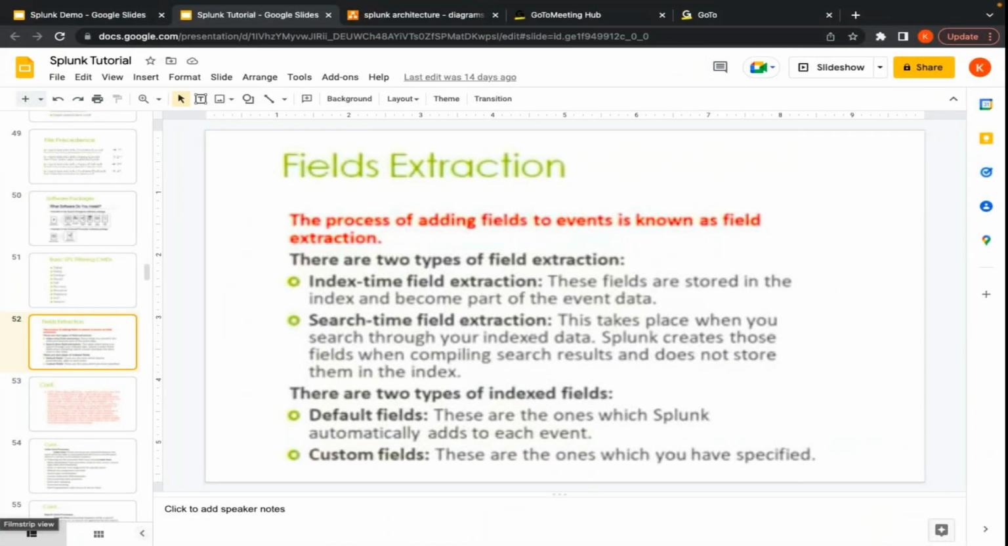So there are two types of field extractions. One is the index type field extraction, the other is the search type field extraction. Index type field extractions are the fields which are created at the time of creation of the index itself, and they are permanently stored in the index. Search type field extractions are the fields which are created once after indexing, and whenever you write